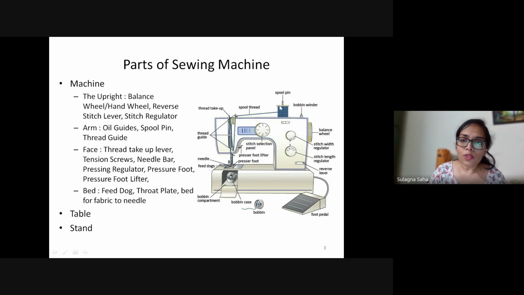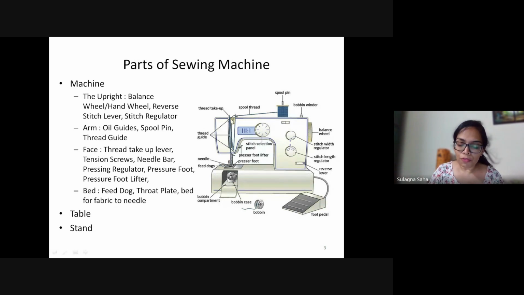Then we have a spool stand or a spool pin, as we call it. So this is what the spool pin is. What we do is we put in the thread here. It's like a pin, it will rotate in its position, and we have the thread put in here. Okay. Then we have the thread guides, the first thread guide which will be here. So we'll have the thread guide which goes through here. We'll come to this part in a moment, right? Because this can be here or somewhere else also, so we'll come to this in a moment. So first, this part essentially talks about the oil gauge, the spin, and the thread.